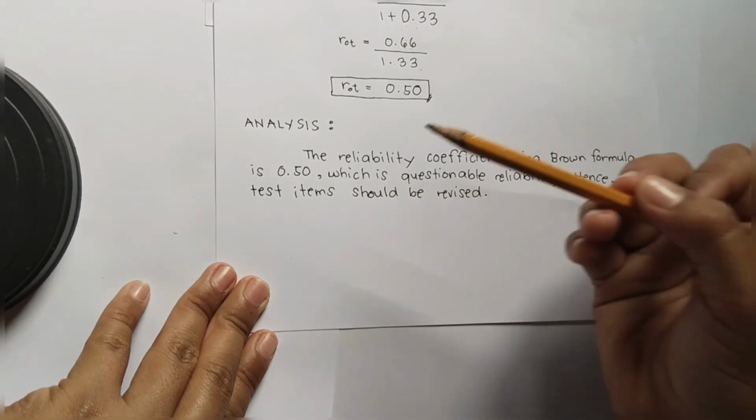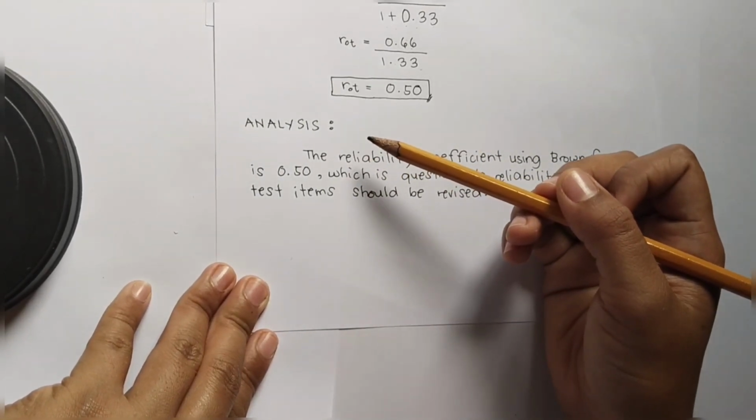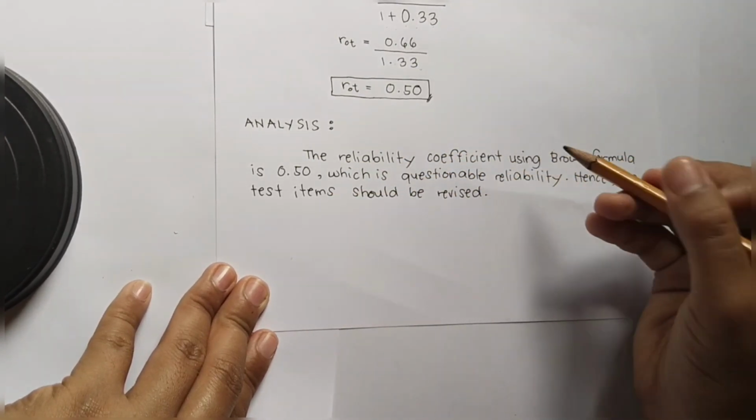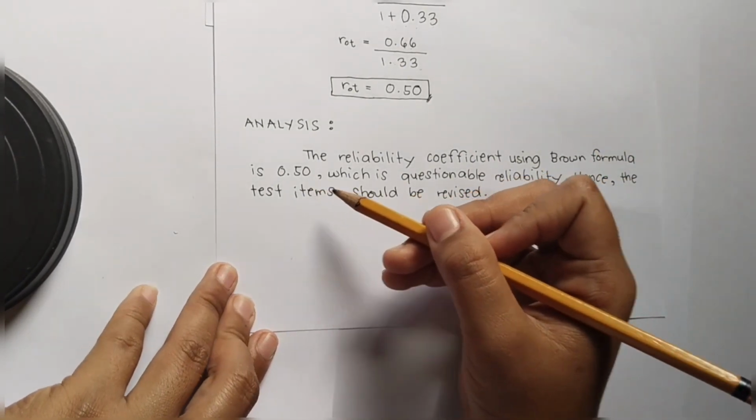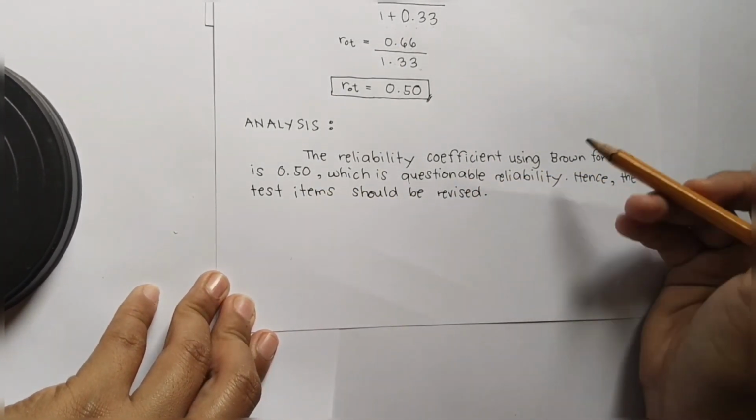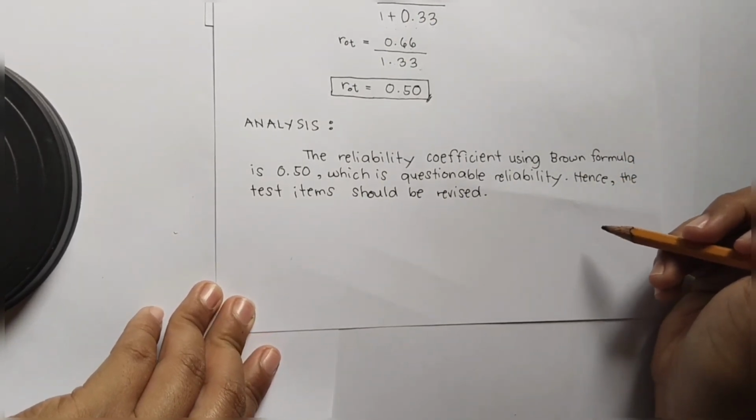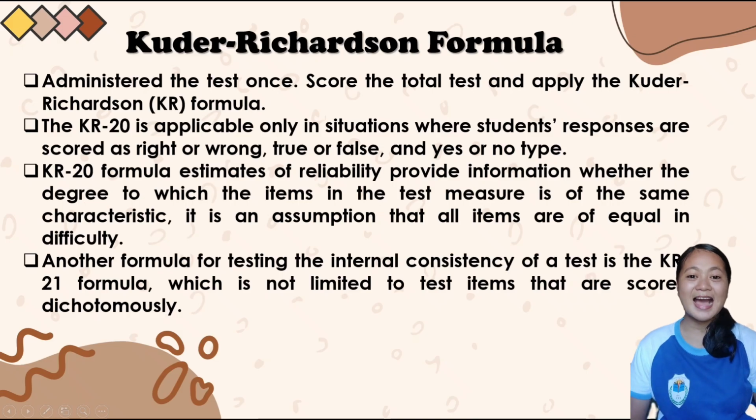0.50. So the analysis or interpretation of this test is the reliability coefficient using Brown formula is 0.50, which is questionable reliability. Hence, the test items should be revised. So, ito yung pag-i-interpret. At ngayon, tapos na tayo sa split half method na sana'y may natutunan kayo sa example